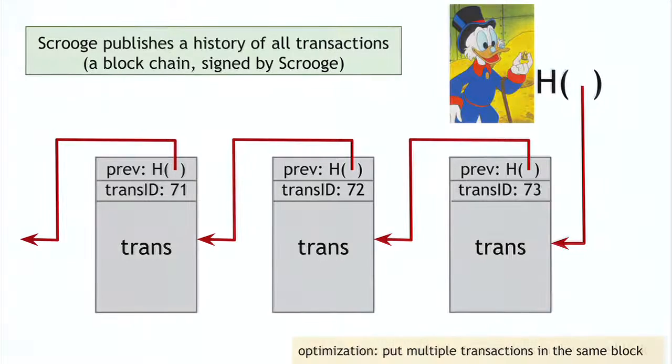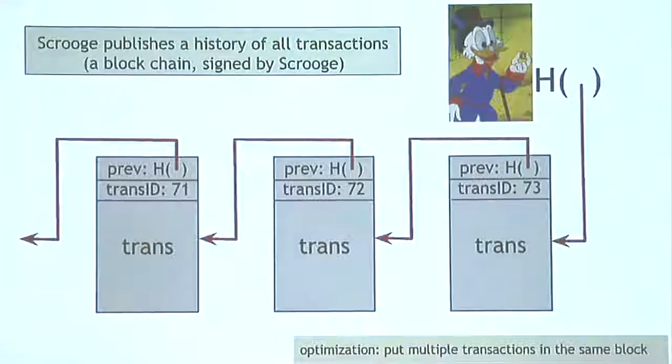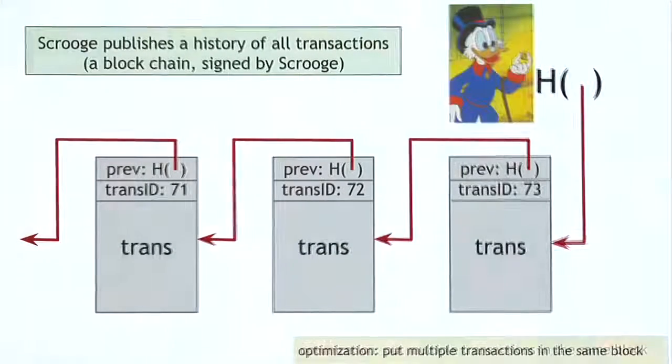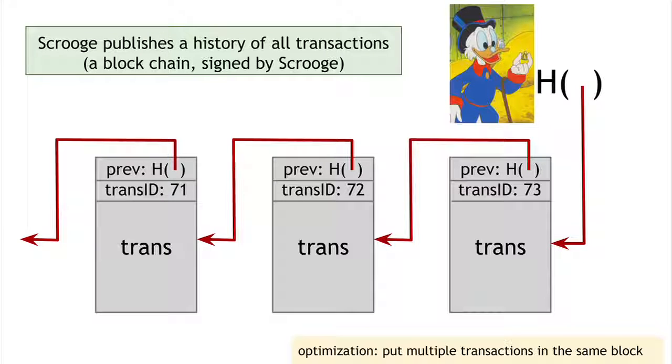It's a series of blocks, data blocks. Each block will have one transaction in it. This block has the transaction with transaction ID number 73, and it has the contents of this transaction, and then there's a hash pointer to the previous block in the history. Okay, and then Scrooge will take the hash pointer, which represents this entire structure, and he'll digitally sign it